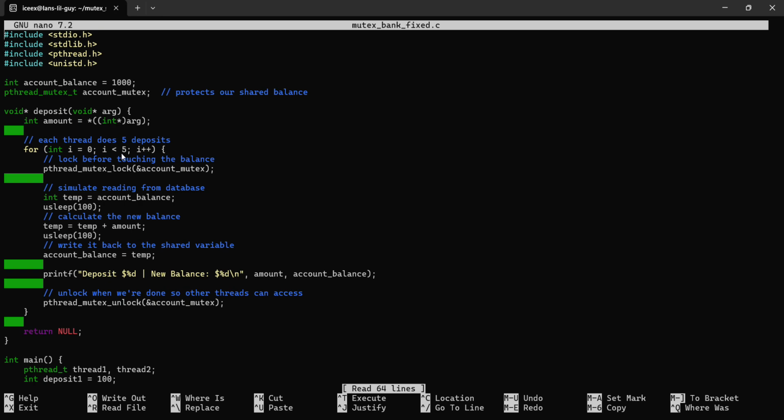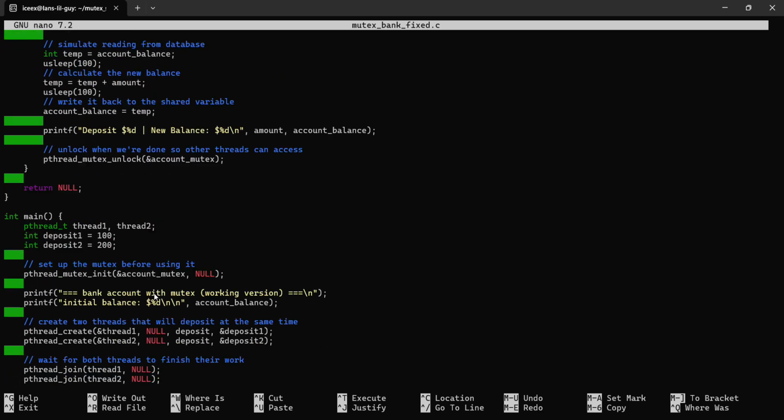And then we have our main function, of course. This is just initializing the mutex with the pthread, and it's basically before we create any of our threads. And then, of course, in the deposit function, this is the most important part, just because